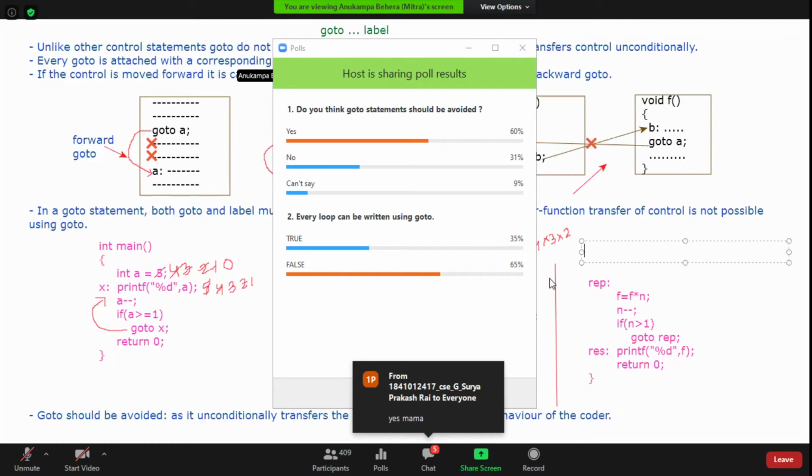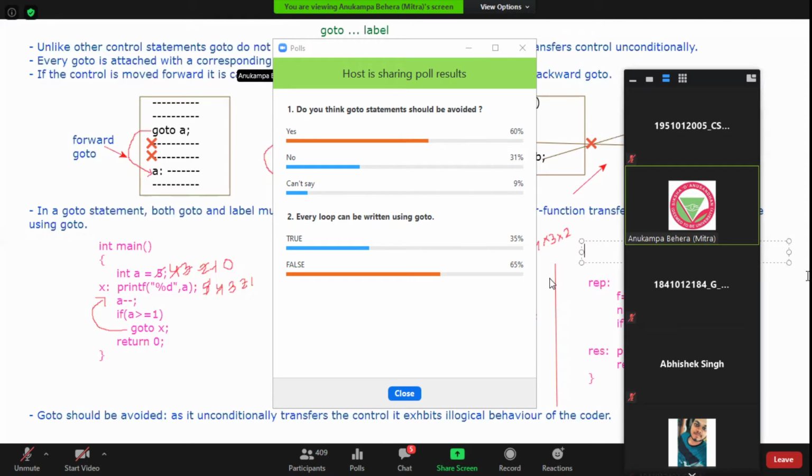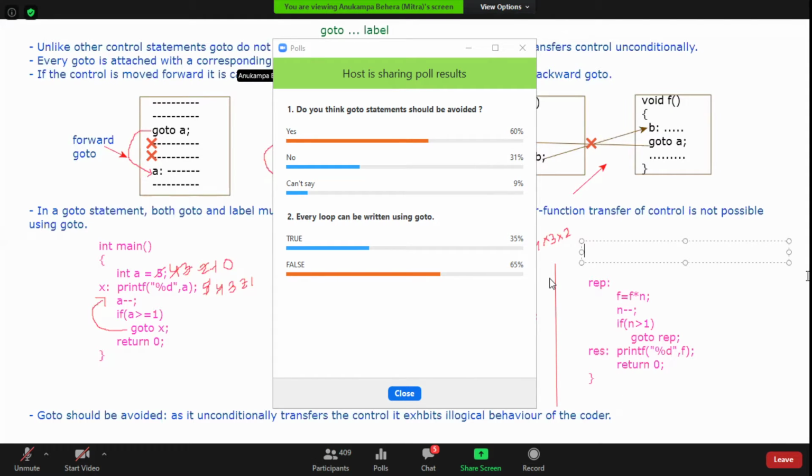Yes, guys, I was telling it was correct. If you have the variable name and the label name the same, it does not give an error. Somebody was asking this question, I think it was Subham. It will not give you any error: if I give the variable as A and the label is A, then it will work properly. No problem. Okay. Now let's go to the next part, that is switch case.